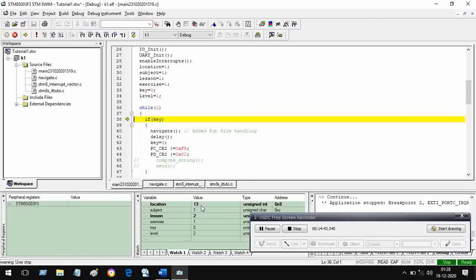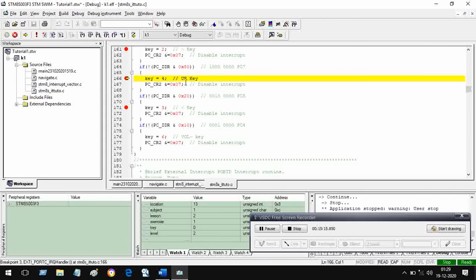So we have seen how to move up and down. Let us go further up to level 1, and at level 1 I can change the subject. Right now I am at subject 1. We will change it to subject 2, etc. So let me run it. And now I press the key up, which is key number 4. So level will move from 2 to 1.